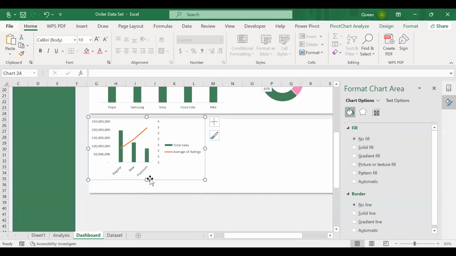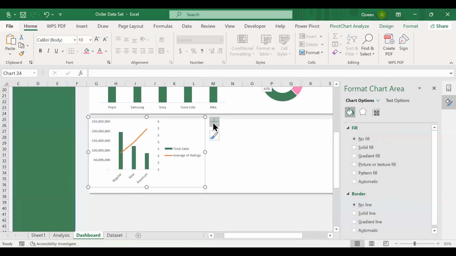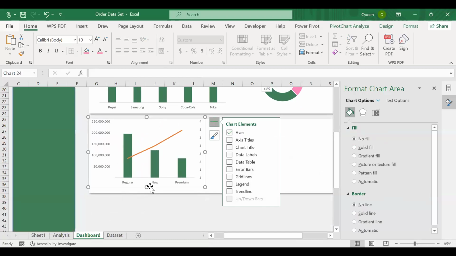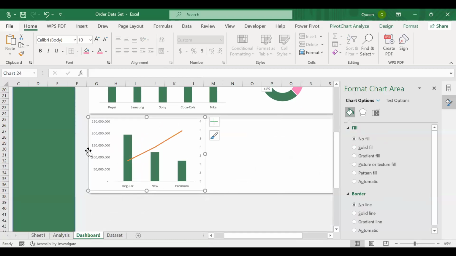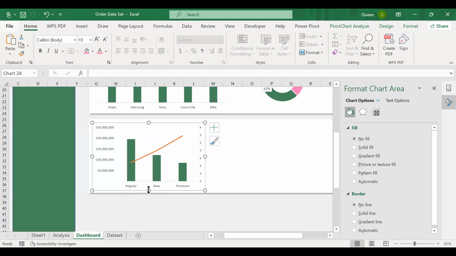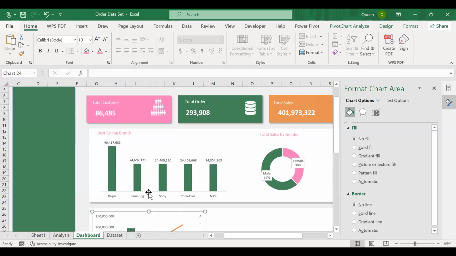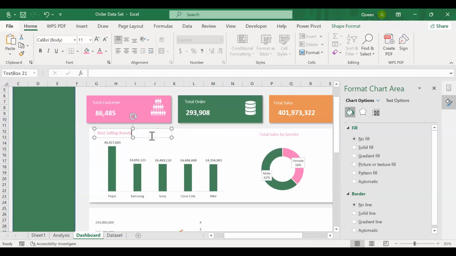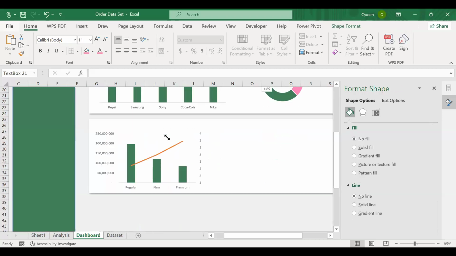Come here, format this. Off the grid line, off the legends, now I have this. Now we are visualizing what we have done so far. Okay. Now, Control C, come here, Control V. Now we are going to call this